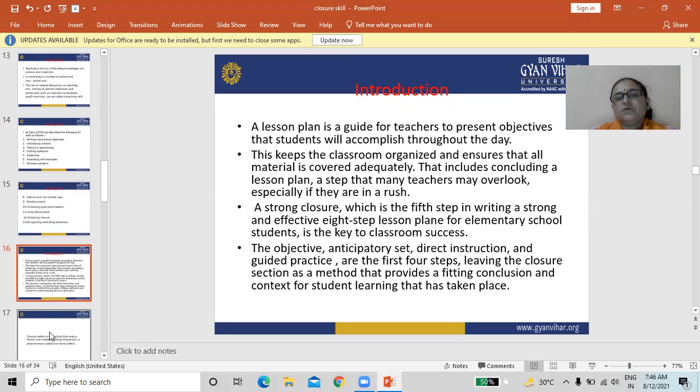This keeps the classroom organized and ensures that all material is covered adequately,